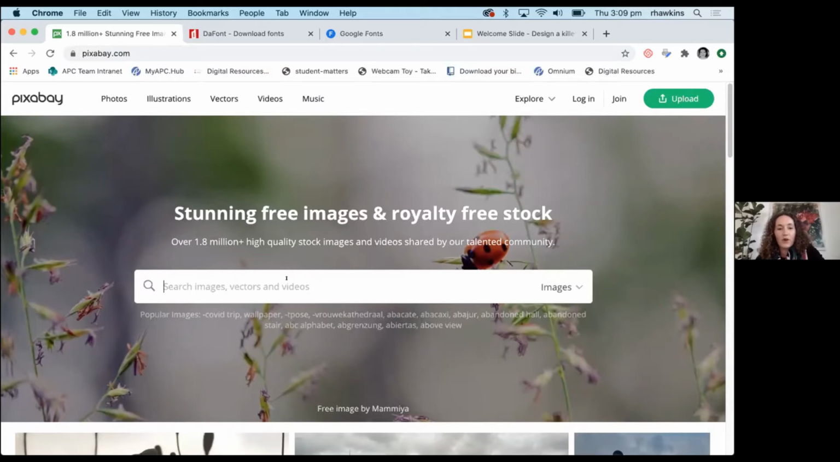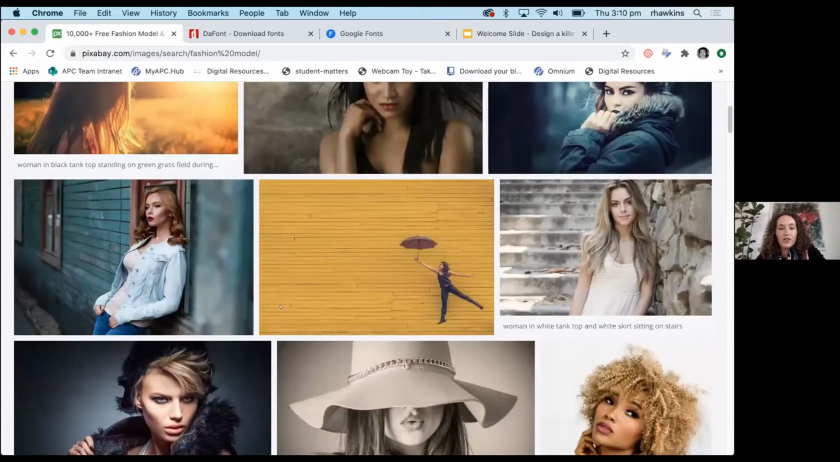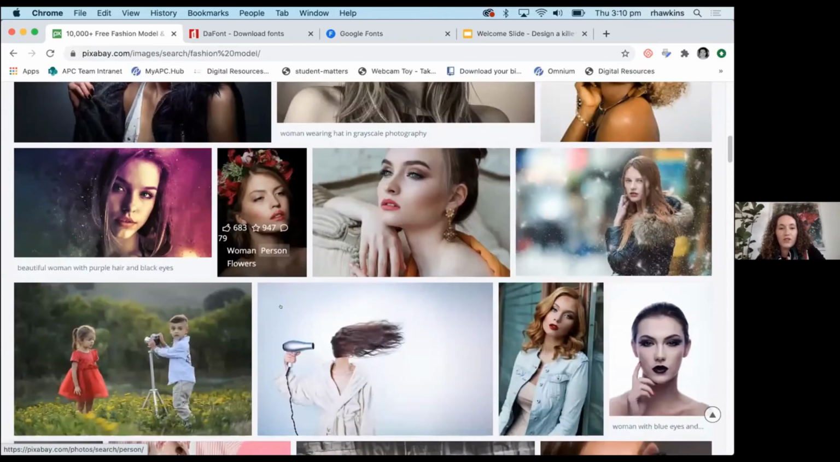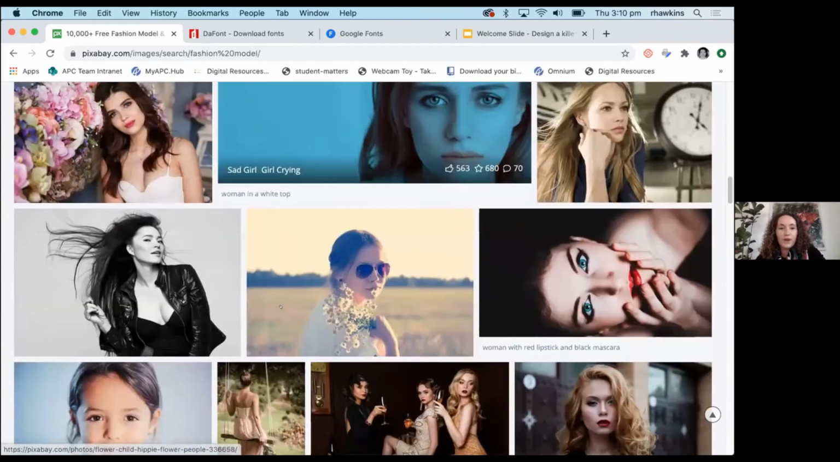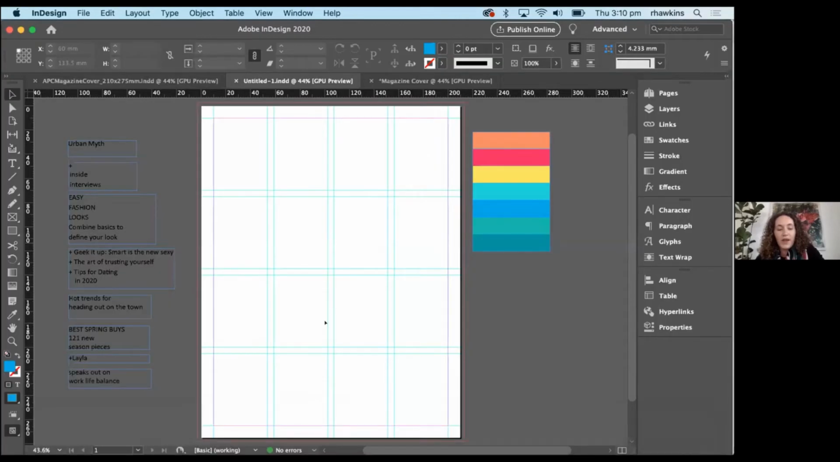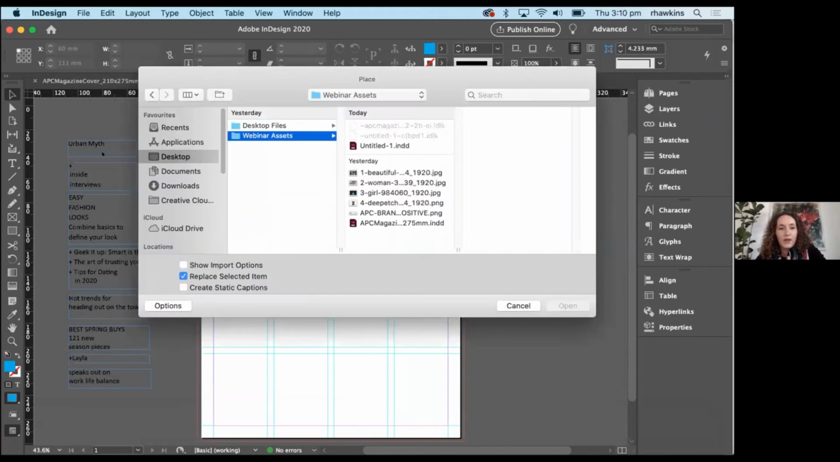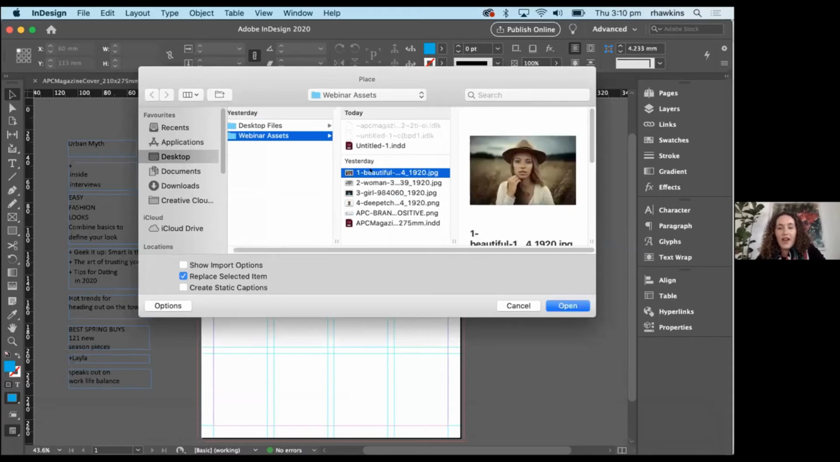You can also do an easy search. I'll just put in here fashion model, and you're going to come up with a whole bunch of easy to download images, royalty-free for commercial use. So if I flick back over to InDesign, I selected a few images a little bit earlier that we're going to use today. And I'm going to place them by going to File, Place. You can also use the shortcuts. Okay, and here I have my images that I